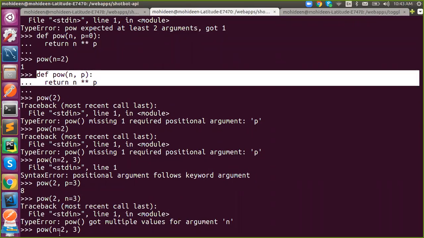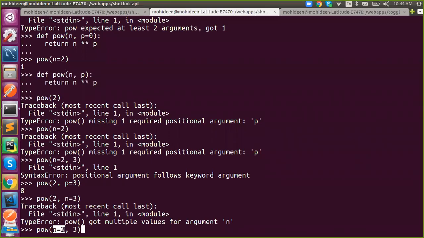The reason is that as per the keyword, this will be assigned into n. But this is a positional argument, right? So you will get confused whether it will be assigned to the first parameter or the second parameter. You never know that.